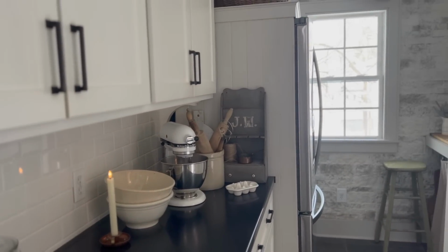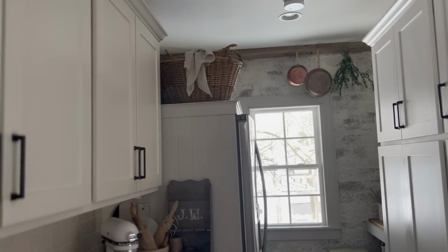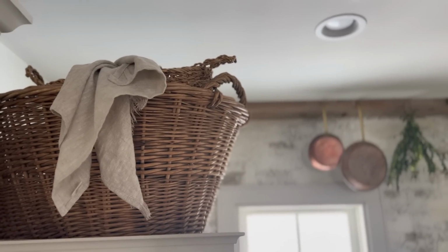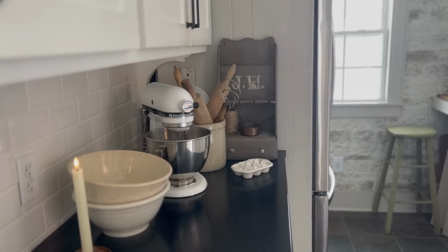Anyways, so instead of putting faux flowers or something like that in the baskets, I just sort of layered them up on the top of the refrigerator. I love the way it looks. One thing that you may or may not have noticed, right next to my fridge is this painted, it's actually